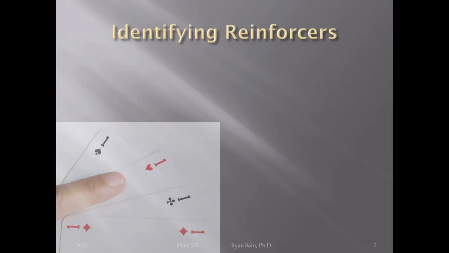How do we identify these things? Ask. Make a simple choice. Or ask them, what do you prefer? Do you prefer vanilla ice cream or chocolate ice cream? Well, I really like ice cream in general. Yeah, well, what type do you prefer? Oh, I like vanilla. Okay, cool. Now you know that vanilla is probably at least something to give a shot as a reinforcer.